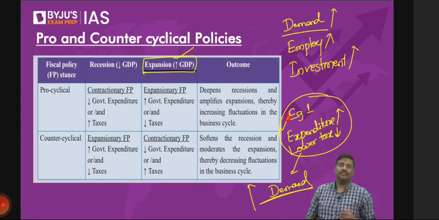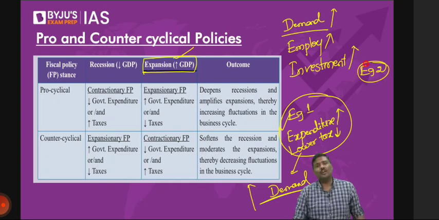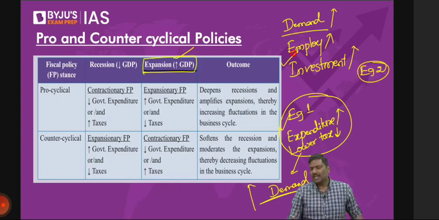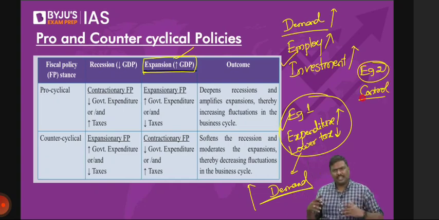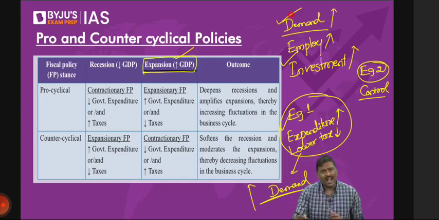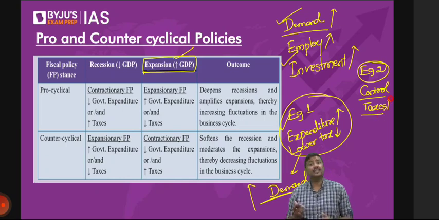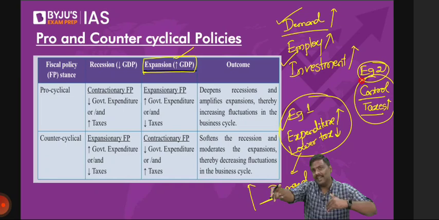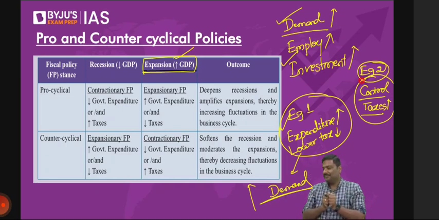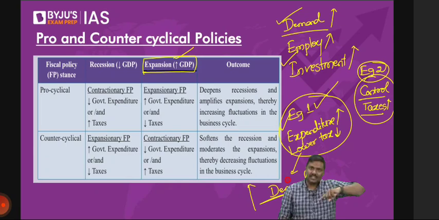On the other hand, let's say example 2. What does the government do? Government simply says, private sector is investing, so I will control my expenditure, because investment anyways is there. Demand is very high in the economy. People are earning a lot of money. I will increase taxes and collect more taxes because people are earning more. Now, don't you think if government controls its expenditure and collects more taxes because the incomes are very high, demand will be controlled in the economy? And if the demand is controlled, can it cause inflation? No. So understand the logic here. In example 1, government policies are increasing the intensity, severity of the economic phase.